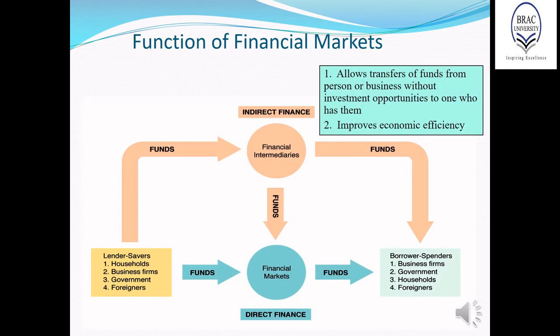The following chart resembles the functioning of the financial system. Remember, there are always two groups of people in the economy, the one that saves and the other one that spends. The ones who save are basically the lenders, because they lend out the excess amount of money they have as savings. They are represented in this yellow box. On the other hand, the other group of people are the borrowers, who are basically the spenders.